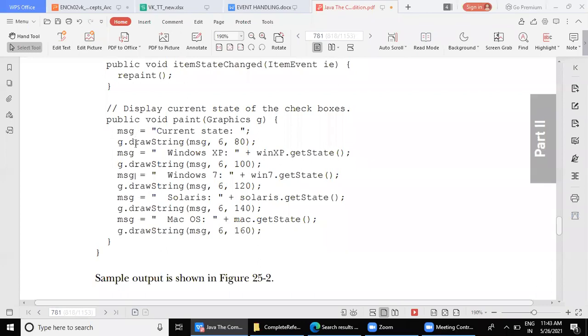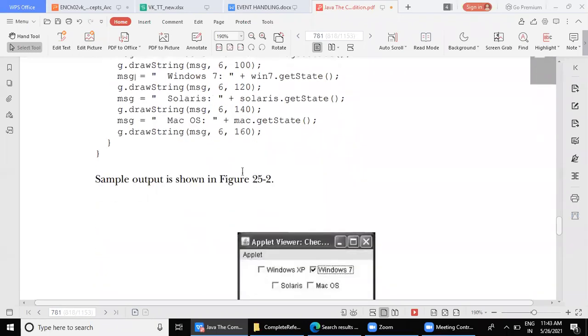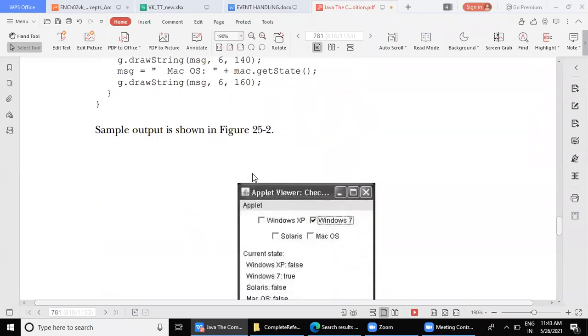We could have taken msg1, 2, 3, 4 variables also. But here we are using the same variable. It's like using the same container to pour different things. Fine. The same glass we use to pour water, and then the same glass to pour mango shake, then chiku shake, etc. Anyway, similarly, we are working with other checkboxes. Is it clear to you?